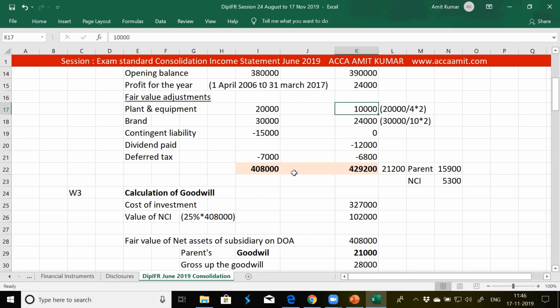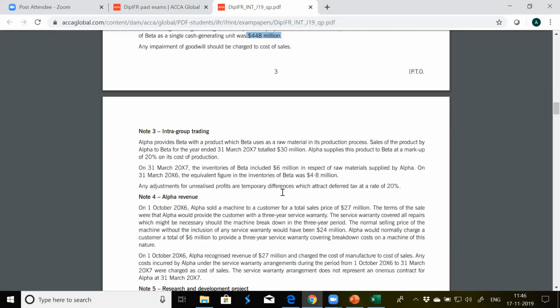It forms part of the consolidated financial statement, so it belongs to the parent. They have purchased goodwill, and the remaining goodwill is of the NCI. In this case, we do not assign any goodwill to NCI because we have valued NCI at proportional share of net assets. Fine. So we are left with one note, that is on intragroup trading,